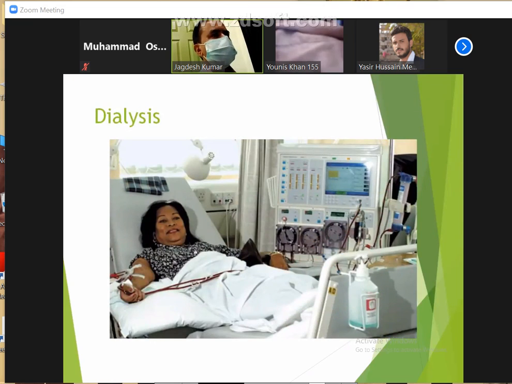This is the dialysis machine. She is very happy looking and watching the television. Sometimes they can read the newspapers. They have two sessions in a week, and they feel better after the dialysis. This is their life. This is indicated when there are indications for dialysis. There are some forms of replacement therapy for kidney failure. One is arrangement for a kidney transplant or renal transplant. The other is dialysis: hemodialysis and peritoneal dialysis. So this is the hemodialysis.